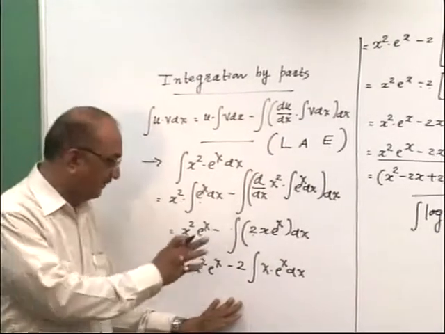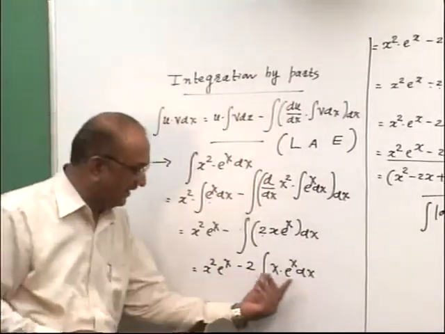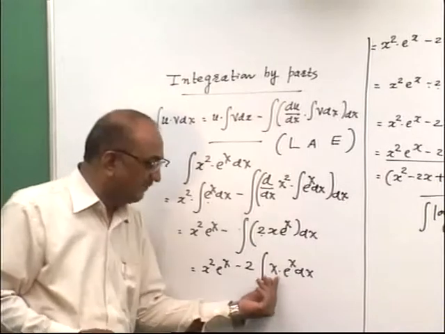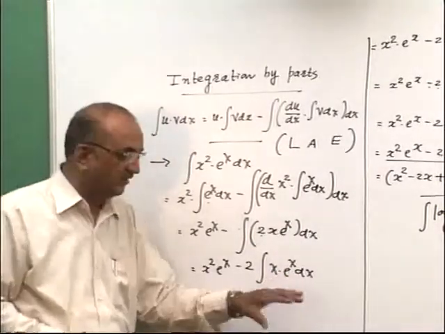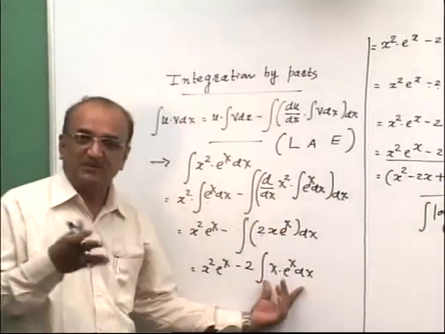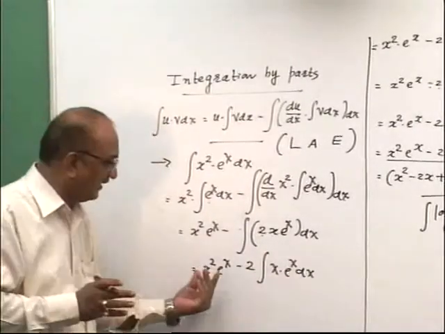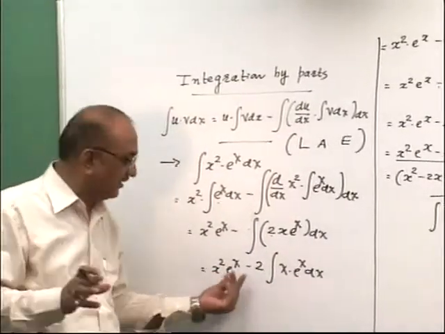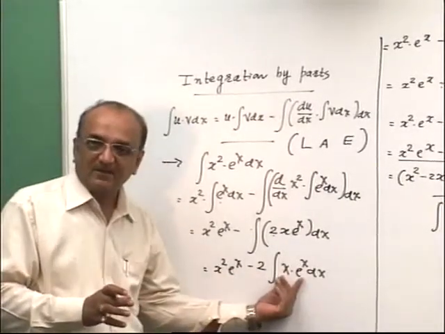Okay, the x square into e raised to x term is the same, minus 2 as it is. See, read the term first carefully. This term is given: x into e raised to x. Again, you have to solve this part by integration by parts, because a multiple function is given. Then you do the separate integration of this. Now see, x square e raised to x, no change, minus 2, no change, again x and e raised to x.